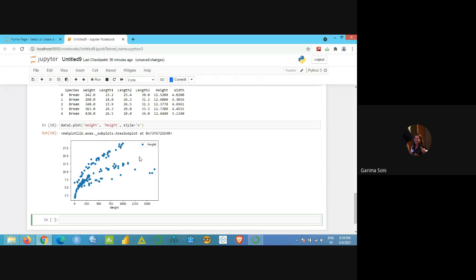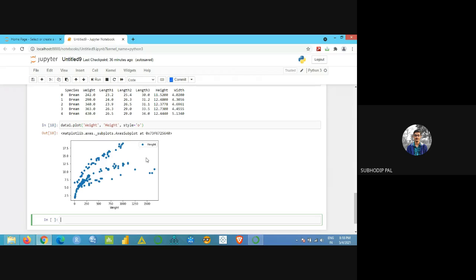So this is the scatter plot. That is a simple method for simple linear regression. Scatter plot is the simple method of simple linear regression. This is how we can easily understand.